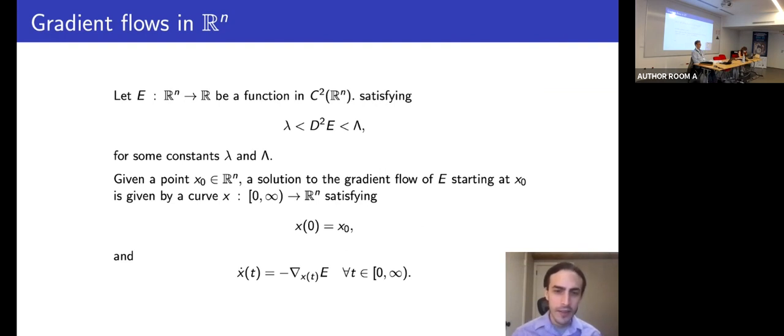So in that framework, you have an energy that is the loss function of the network, and then you have an initial state, which is the state of parameters in which the network is initialized, and then you evolve those parameters in the opposite direction of the gradient of the energy, and this will reduce the value of the energy, and hopefully you will converge to a low energy point that may not be the minimum. In practice, you actually do stochastic gradient descent because it's computationally more viable, but I'm going to ignore those